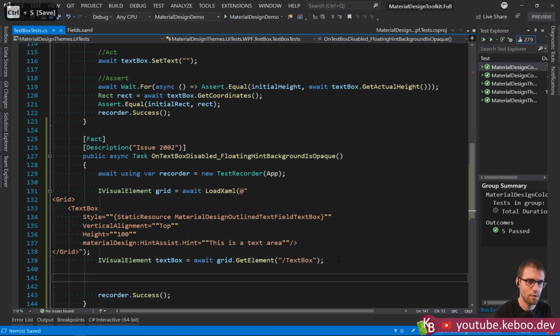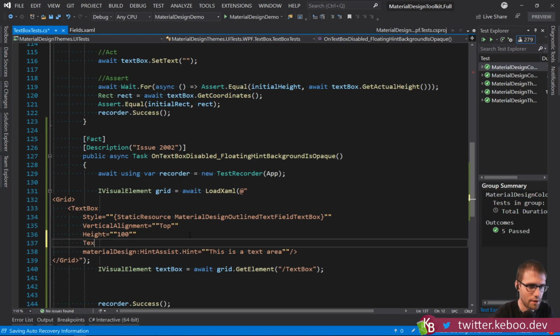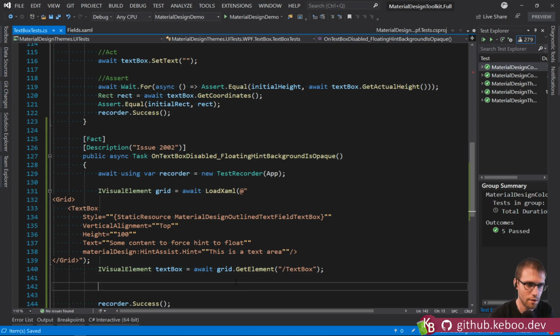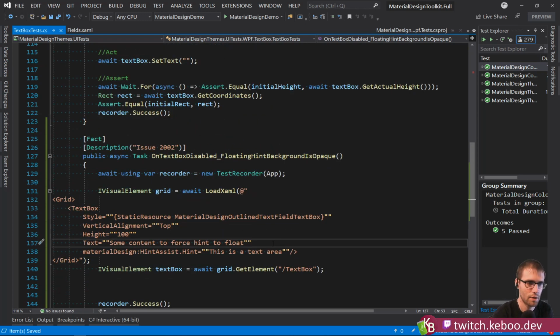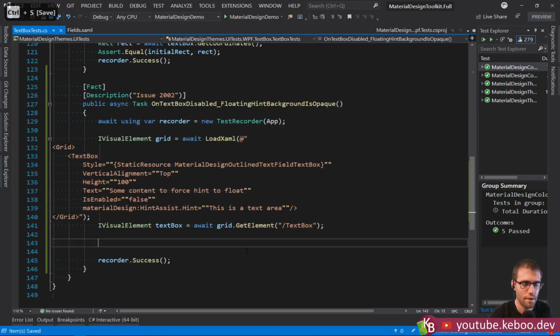So what we then want to do is... well, actually, let's just put some text in here too, right? So text gets some content to force int to float, right? We'll just put the description of what we're doing right in the element. And then we also want to disable it. So let's do is enabled gets false. And then I think what we need to do is figure out what element is it that we